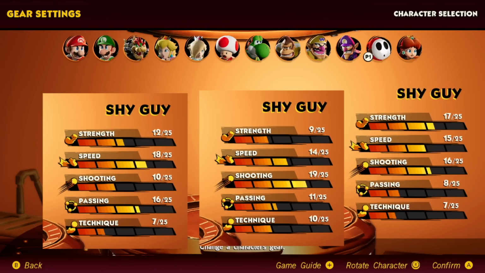Shy Guy can do whatever he wants, so feel free to change up these stats however you think is going to help your team. With the new Knight armor, I will have to go back and do a couple updates to my old builds, but stay tuned for that in the future and subscribe if you would like to see